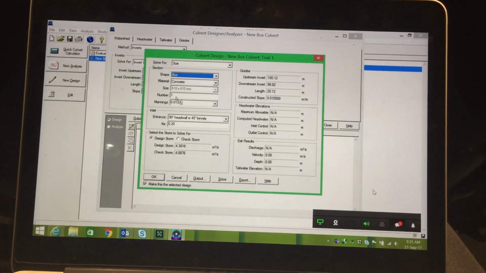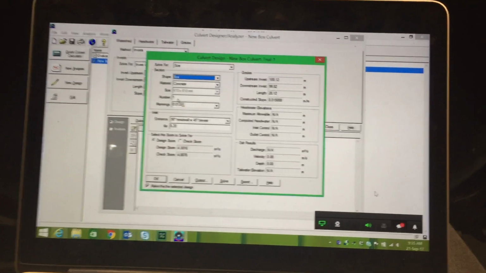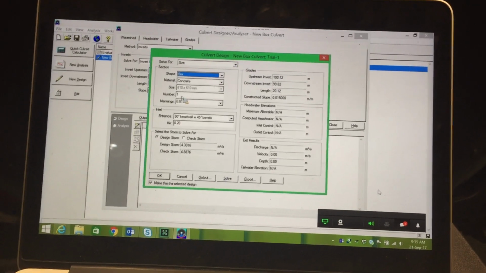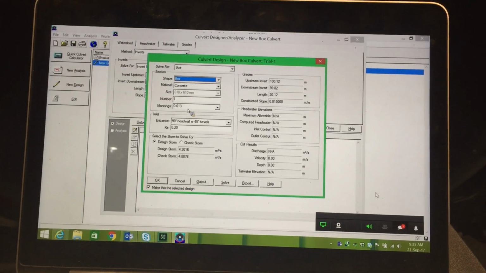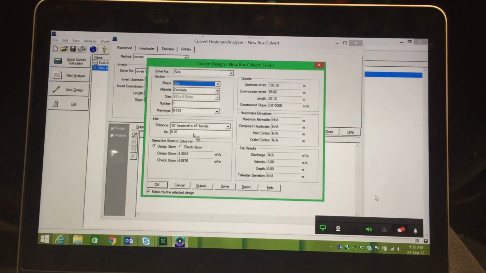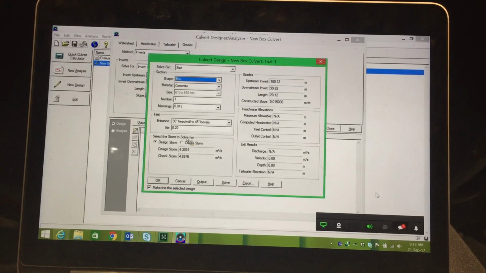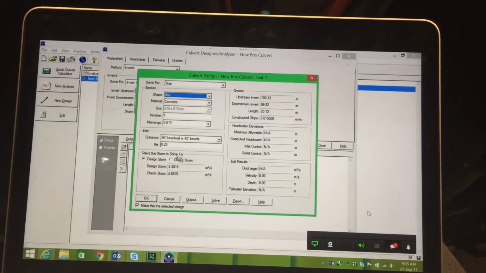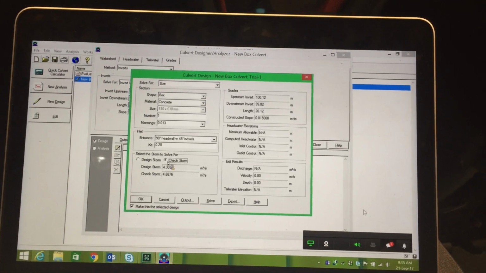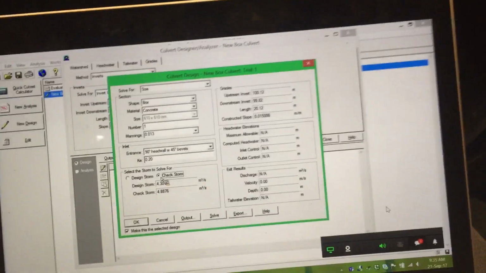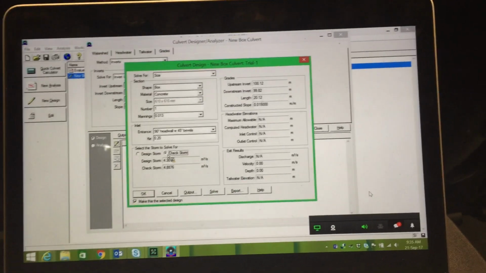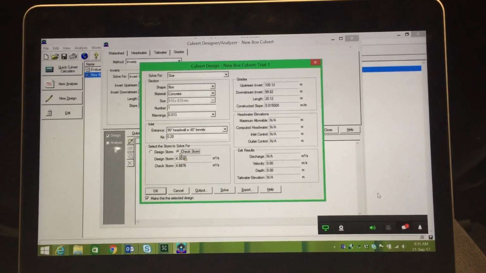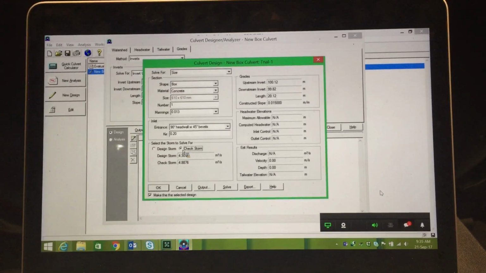It's 1, again, that's correct. 0.013, again, correct. 90 degree head wall, 45 degree bevels, yes. KE 0.2, yes. And select the storm to solve for. We want check storm. Obviously, we need to design this for the worst storm, which is the 25-year check, not the 10-year design. So this is a worst case scenario kind of